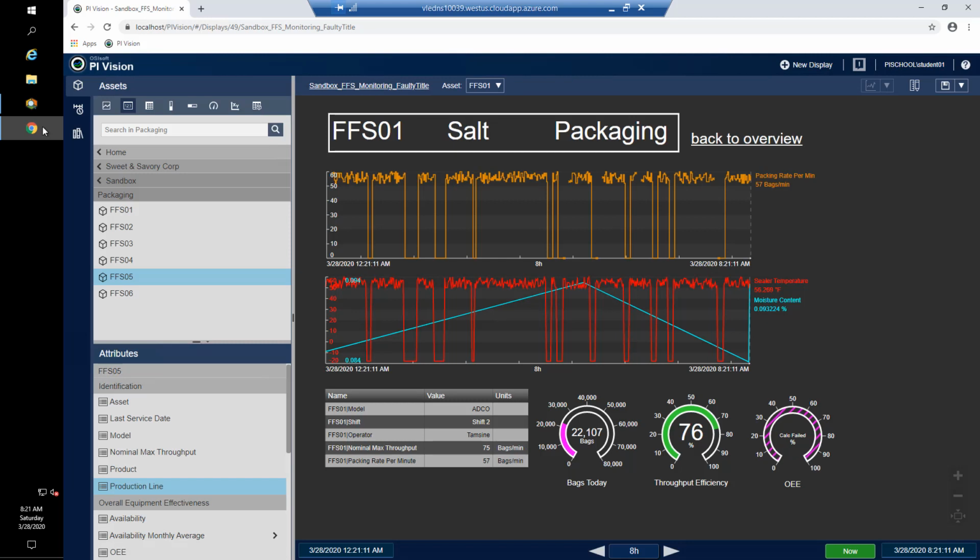The next couple of lessons, there's some exercises for you to read through, just with information on the String Builder. We talk about categories a little bit, which is how Asset Framework organizes the variables and how you see them in PI Vision. And then there'll be a recap of what the issue was and what best practice was applied to solve it. Once you've gone through those pages and read them, we are going to work a little bit with asset analytics, where we will show you a couple of best practices when it comes to building out analytics in your Asset Framework.